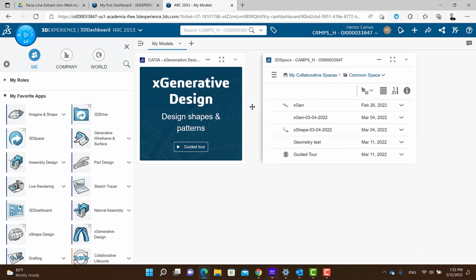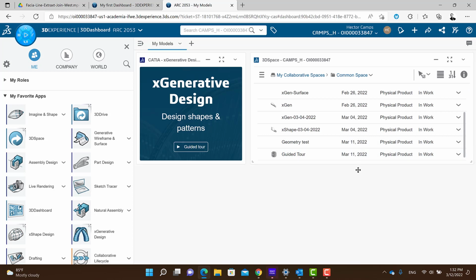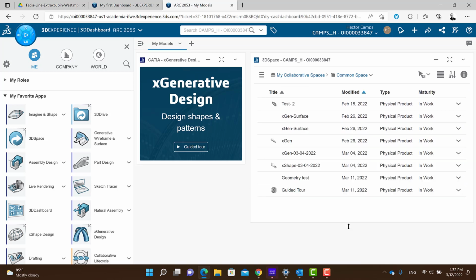So I believe we can probably jump this thing over a little bit. These things expand and contract. And yesterday we made a model called guided tour. We did that for fun. You can just see the icon here. So if you want to know how we made this model, just click guided tour, and this will take you through a tutorial that essentially helped us understand how to make our very first